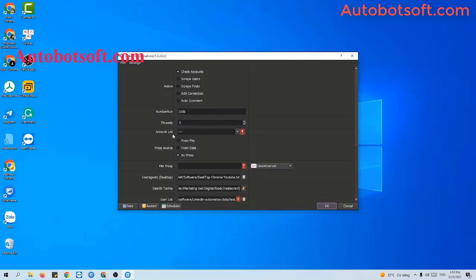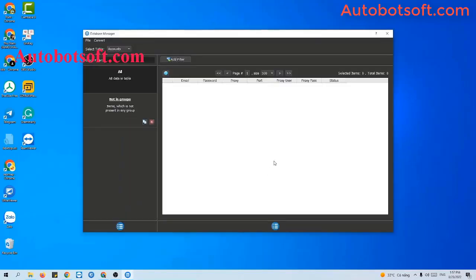The next one, account list. This section will save LinkedIn accounts. So to import LinkedIn accounts, you click on this icon, data, and then you will see the database manager dialog box. There are two ways for you to import data. The first one is you will import LinkedIn accounts manually. So you click on this icon,